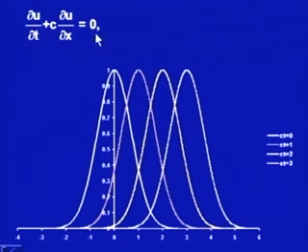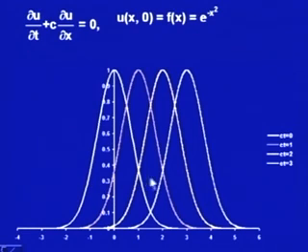So, if we have this equation, if the function is e to the power minus x square, it is shifting towards the right, that is, it is transporting the function towards its right, at the speed c. With the speed c it is transporting, whatever be the c. Now, here c all the time I have taken to be a positive value. So, it is shifting towards the right.